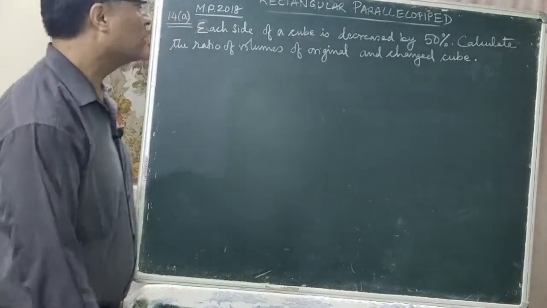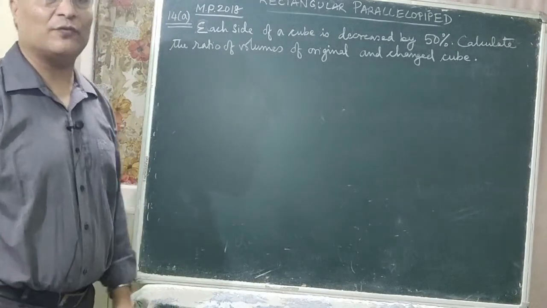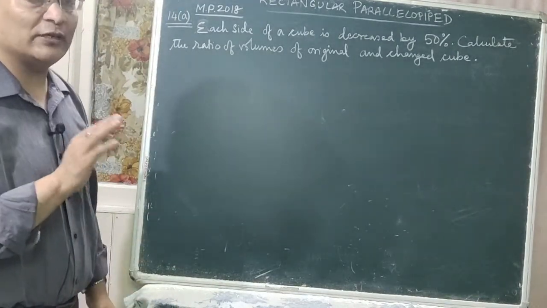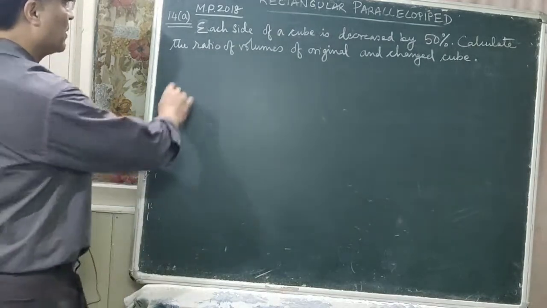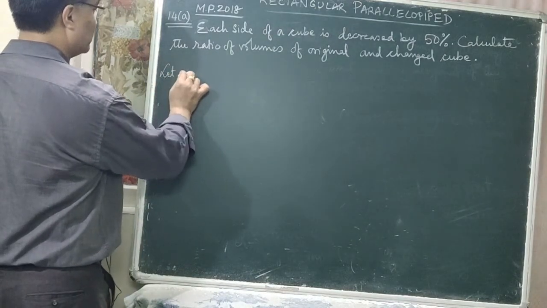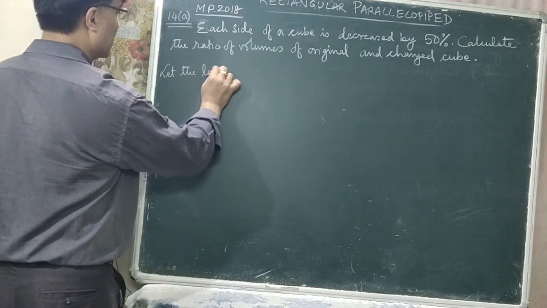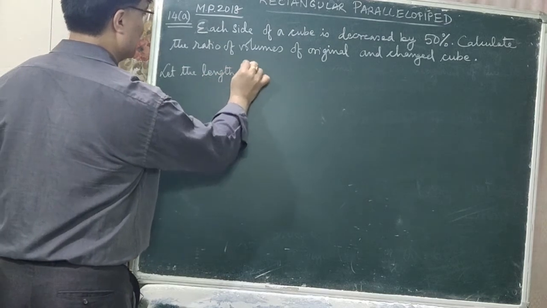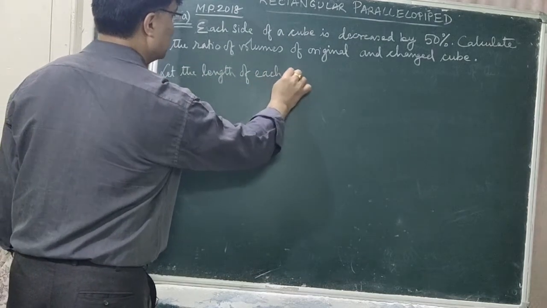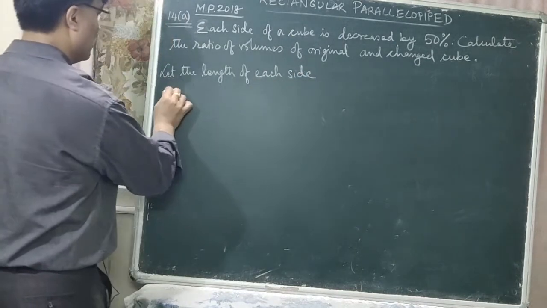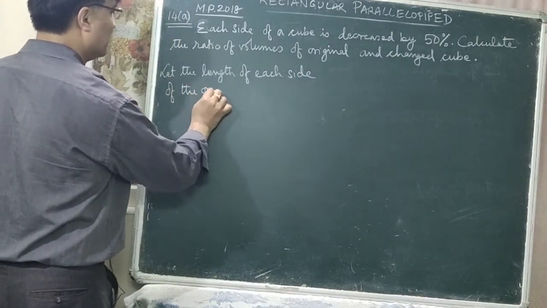Is that clear? So let us assume the length of each side of the original cube. Okay. So let the length of each side of the original cube